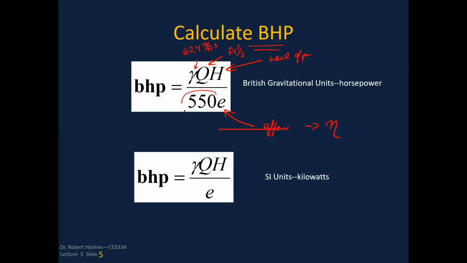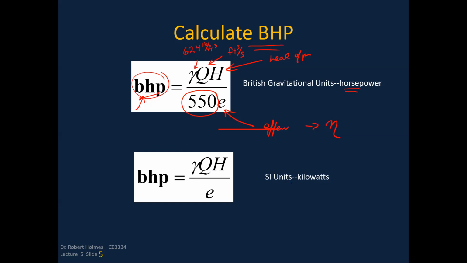And then this 550 is in order to put this brake horsepower from foot-pounds per second to the units of actual horsepower. So we've got this brake horsepower, which I could express in units of foot-pounds per second, but if I want to put it in terms of true horsepower, I just divide it by 550, and that's just a conversion term. And you'll notice down here when I'm using SI units, I don't have the 550 because,